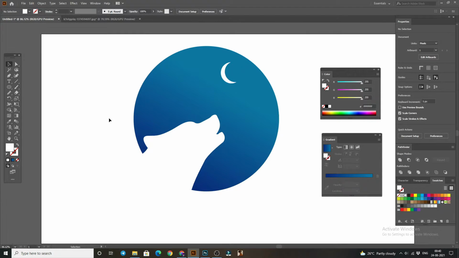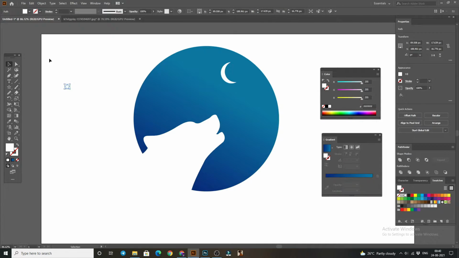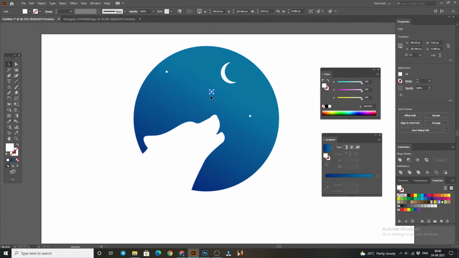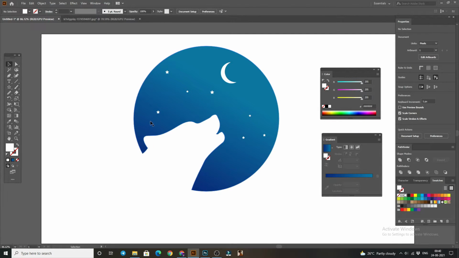After that guys, we have to create some stars, so we can make stars from here. So I'm just putting it here and making it small, and by pressing the alt key we can make a duplicate. Now select the stars and make them a little bit smaller or bigger. So I think it is looking quite good, and now we have to put some more creative things in this